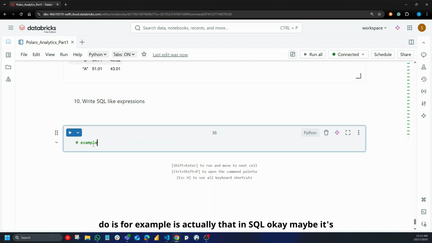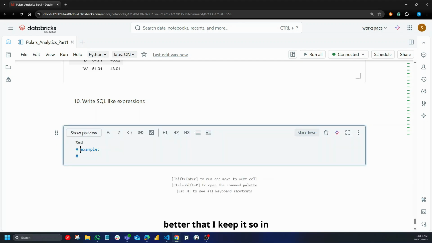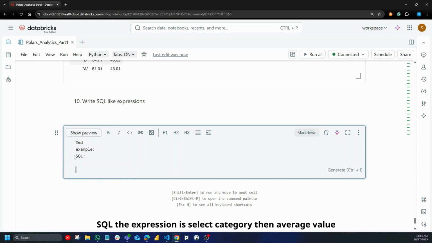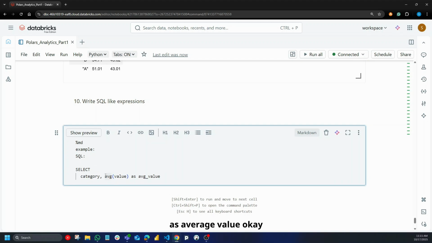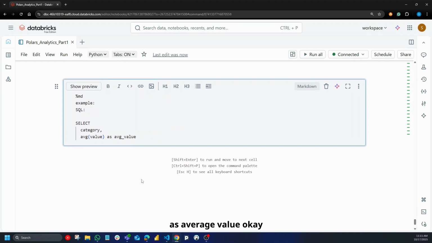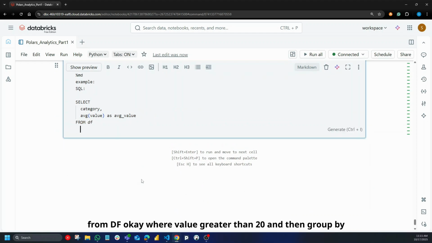So in SQL, the expression is: select category, average value as average value from df where value greater than 20,